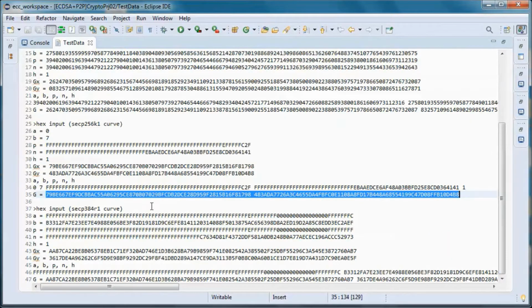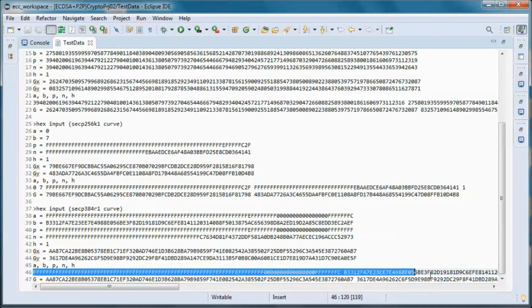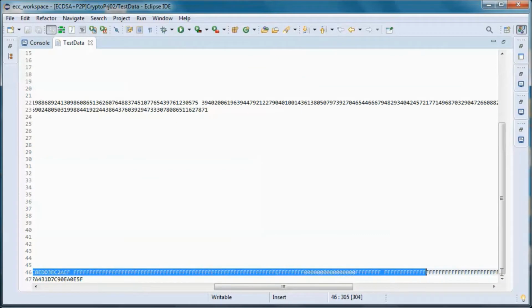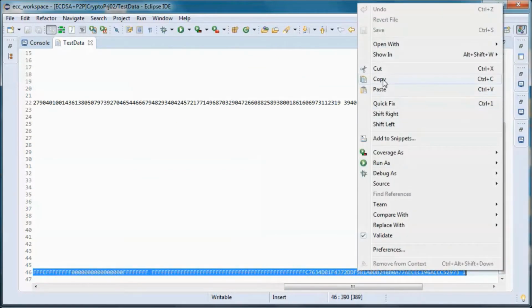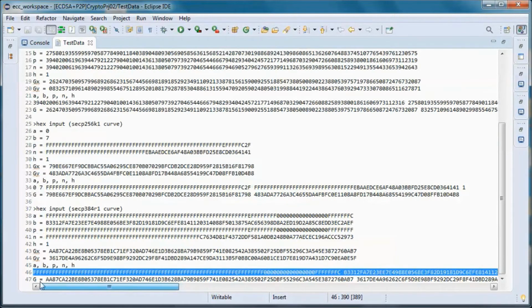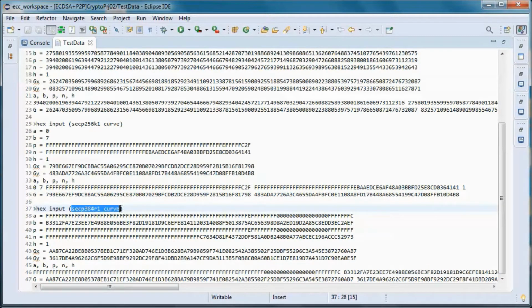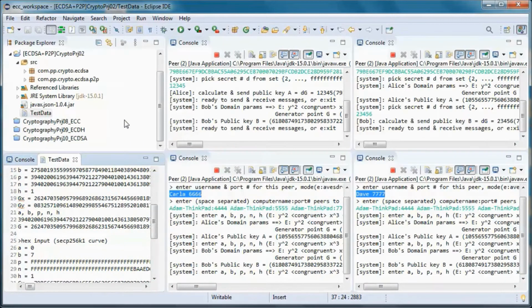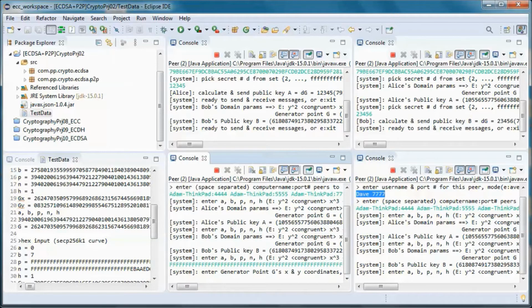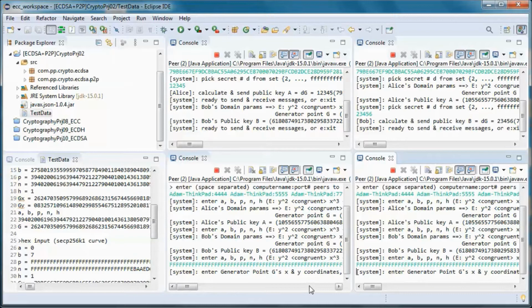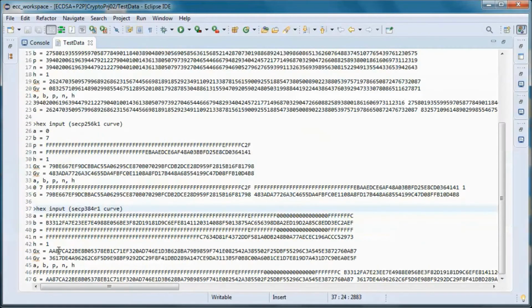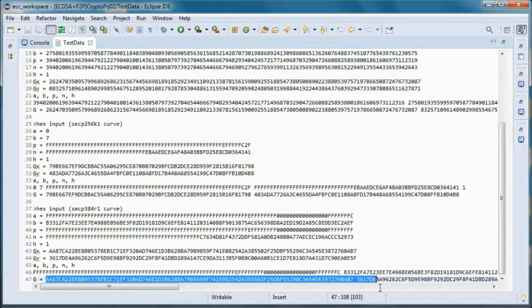use the other curve, this one. So we'll get the domain parameters for this curve, and the generator point.